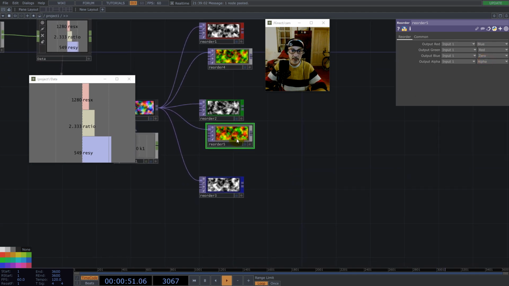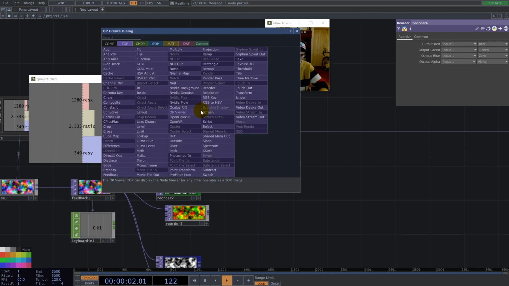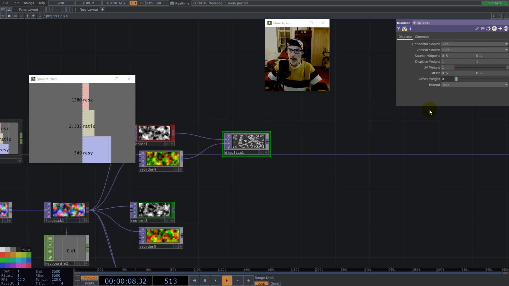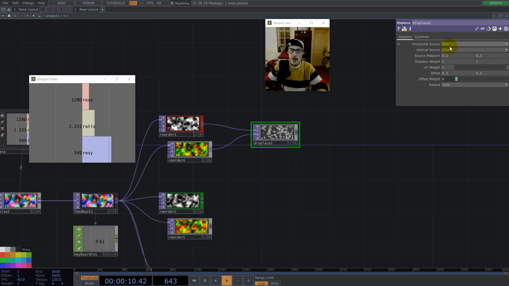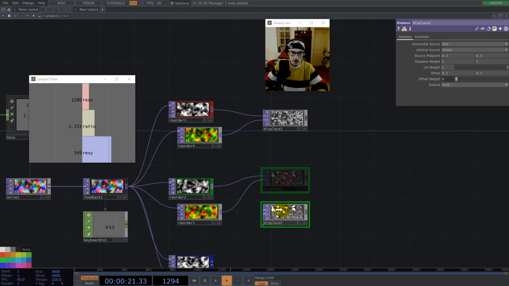So red. Okay, and again here the next color is red and green. Okay, now if we displace like this, okay, and we take red and green, okay, I copy paste this,